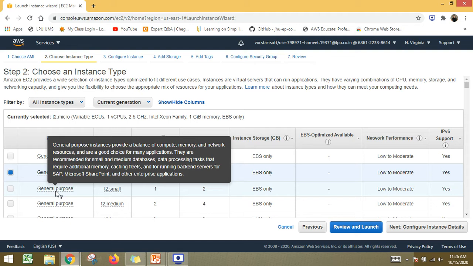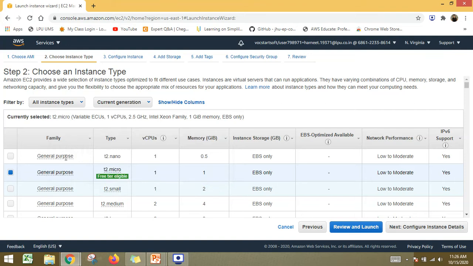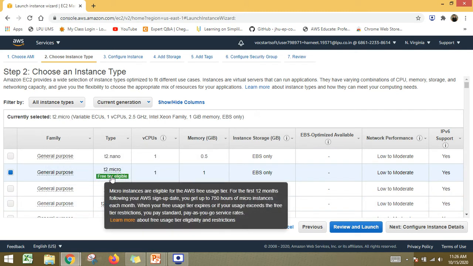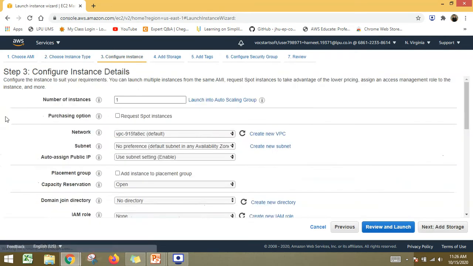So this is something important that you should know, what is the instance type that you are going to choose. Just because we are working in the free tier account, I will keep it as it is and go on to configure the instance details, which is the third step. Here I can provide certain information. I can configure certain changes to my instances. Like, what if I require a number of similar instances, instead of one, it should be two. I can provide that as well, right?